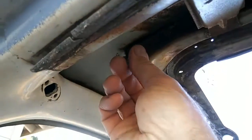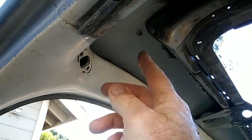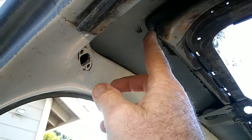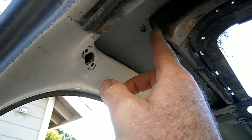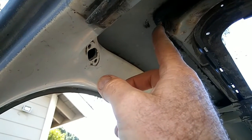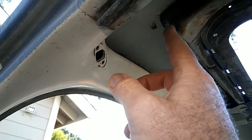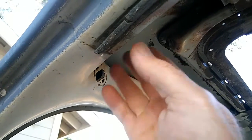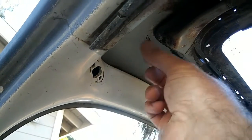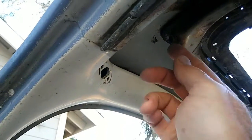Okay, so this is an example of what needs to be done. Right here, this tube is rusted out. So what I'll do is take a piece of steel tubing and slide it in that. I'll open up this hole with a drill or with the rat tail file that I use on my die grinder. I showed you guys a video of that. Then I'll open this up, shove a piece of steel tubing in there, weld it all the way around,